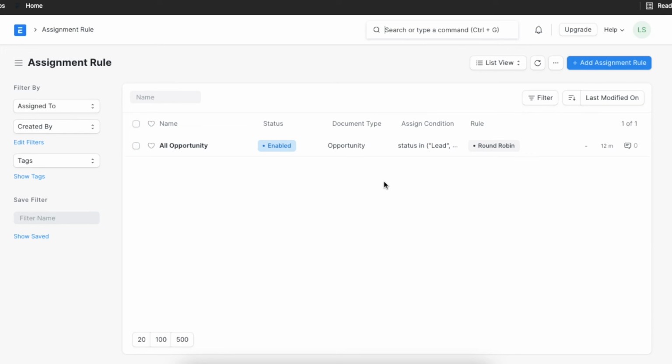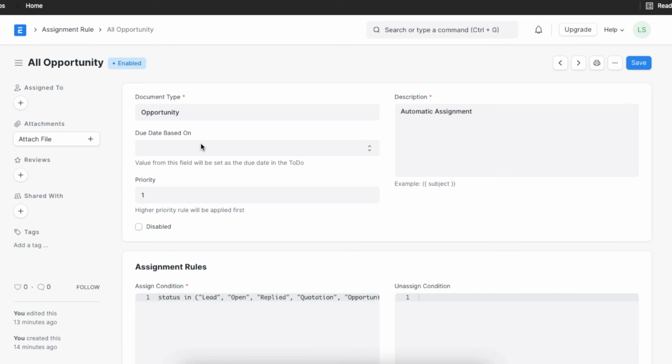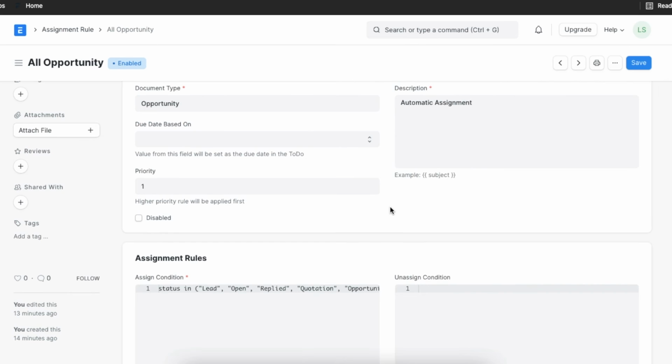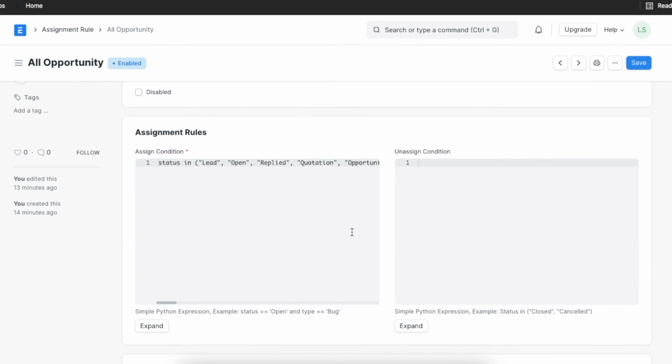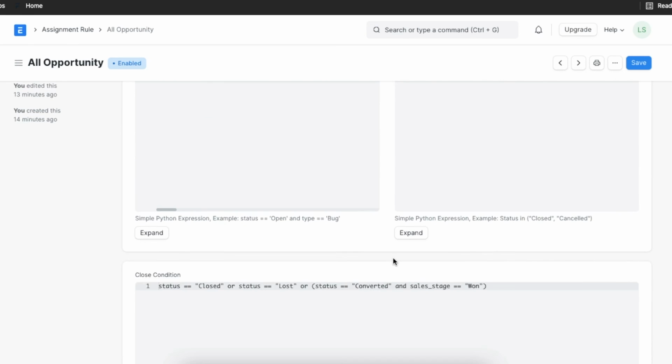Here's an example. You can go to assignment rule list, and once you add a new assignment and fill in the details with doc type as opportunity, you will be able to see this. You can change priority, assign or unassign conditions, and add assignment days and users here.